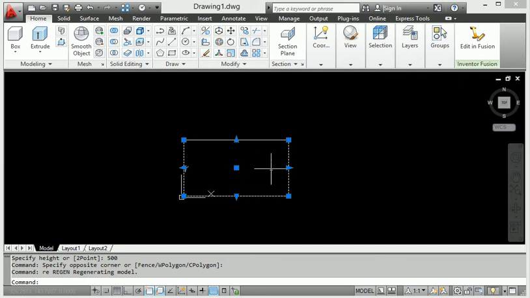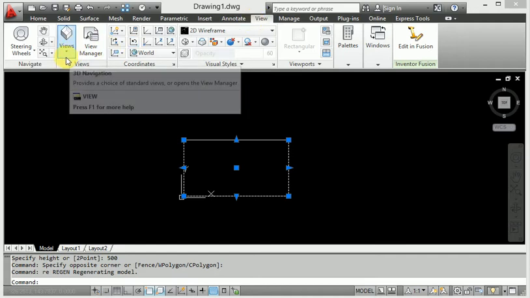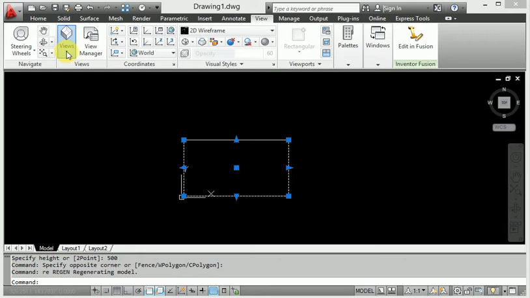Now look at this box. It is converted to a 3D model, but this is only to show the top view. When I go to the view, this is view orientation.